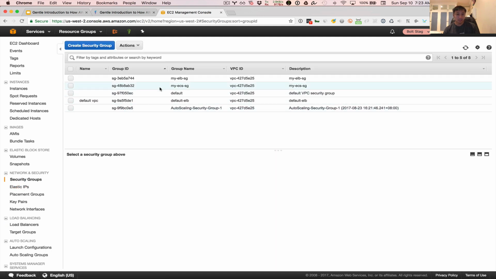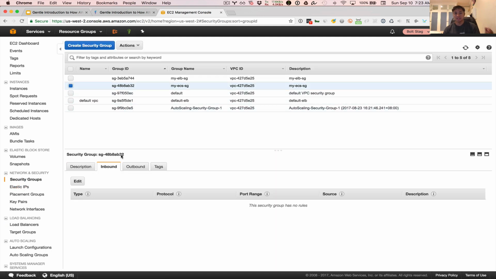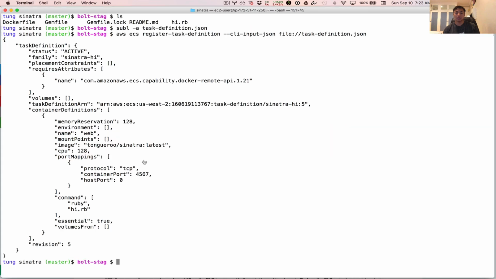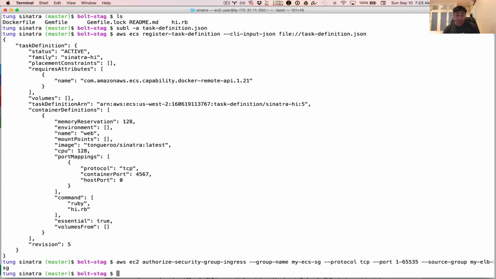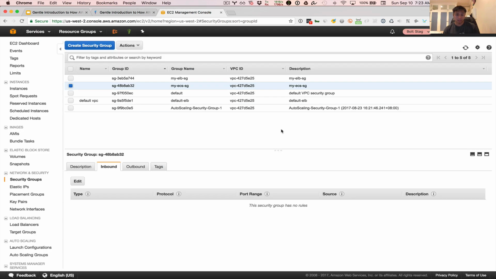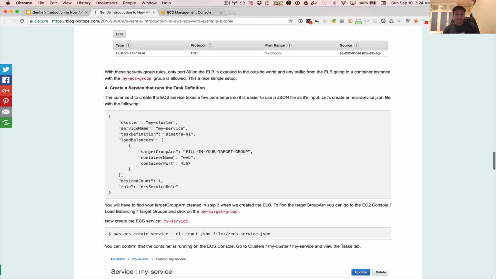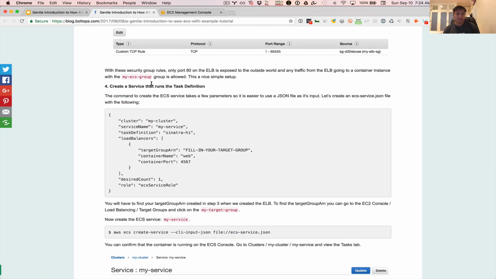So go into security groups here and go to my ECS security group, inbound rules, nothing. So nothing can talk to container instances that have this ECS security group. But I'm going to go ahead and open that up now. Here's the command to do that. You can also do it from the AWS GUI, but I'm just doing it this way. And then verify it through the GUI. So go in here and refresh, and that should show up. Bam, right there. So now it's basically saying everything from the ELB SG is going to be able to talk to any port on that container instance, which is important, or else it's not going to work. Okay, so moving on down the line, number 4, create a service that runs a task